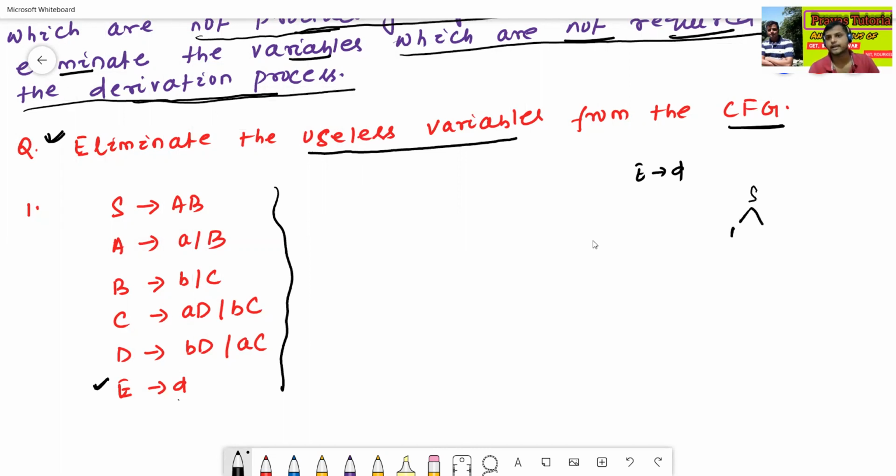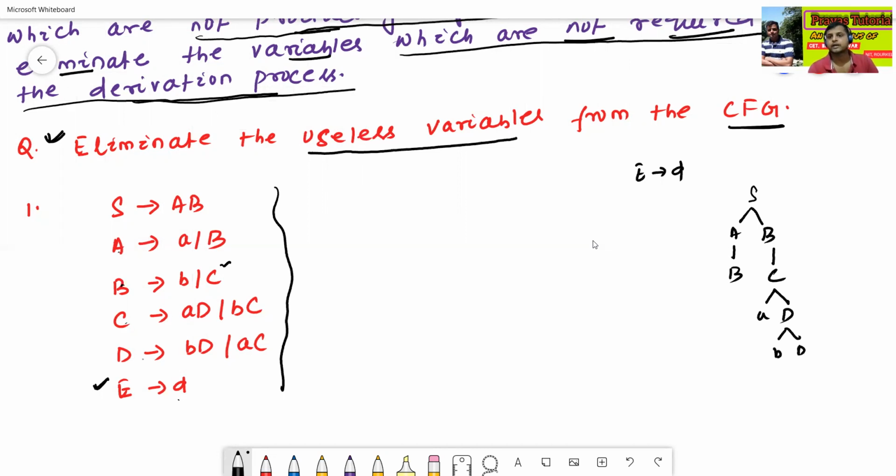Suppose A to AB, then we derive A to B, then B to C, then let me use A to D, then D to BD.